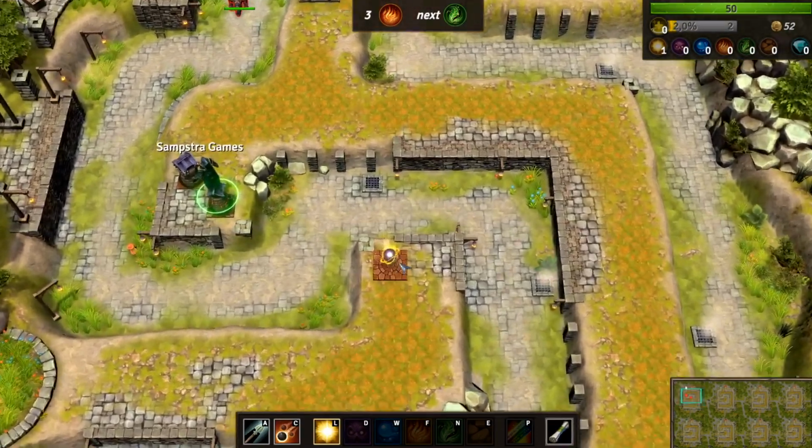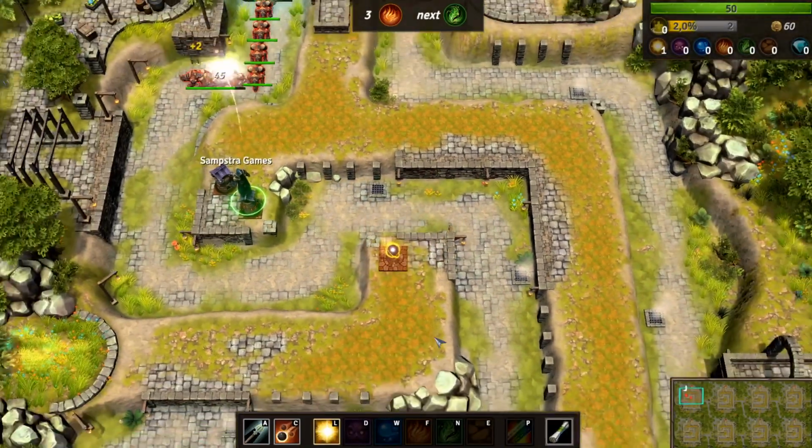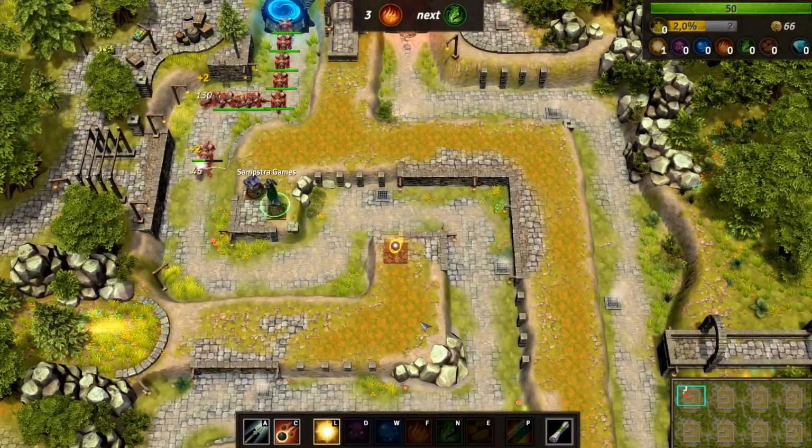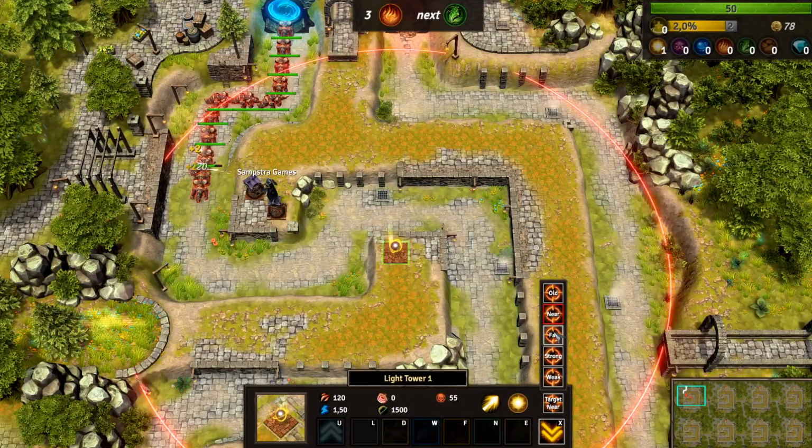And this is my light tower. So the benefit of the light tower is if you manage to hit the same enemy multiple times, you increase the damage quite significantly, which is quite nice. So we should probably set this up to